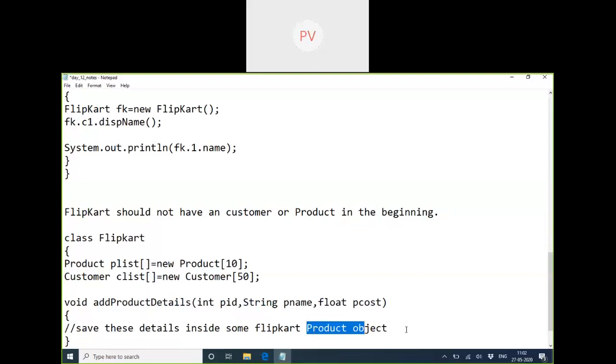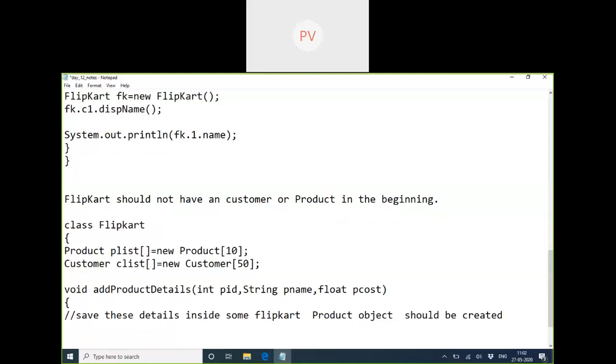We should add a new product. Now we should create a new product object with these details. So we can just go and create a normal product object with these details, PID and the others, which are passed as arguments to this method. Somebody has filled the form. I'll pick those data and create an object of which type? This is a programmatic object. So we have wrapped those information inside a Java product.